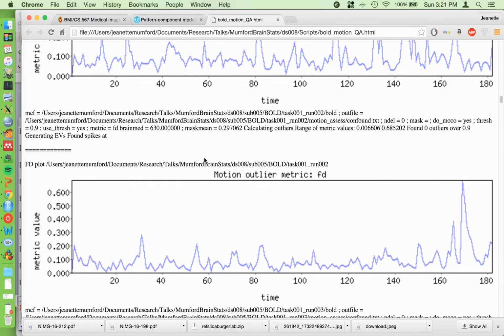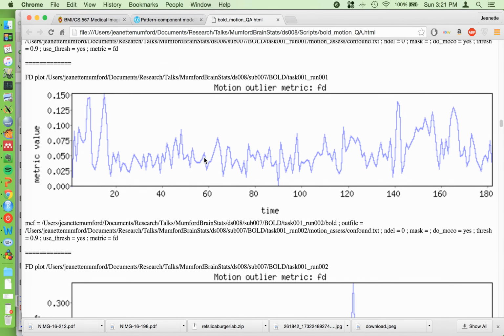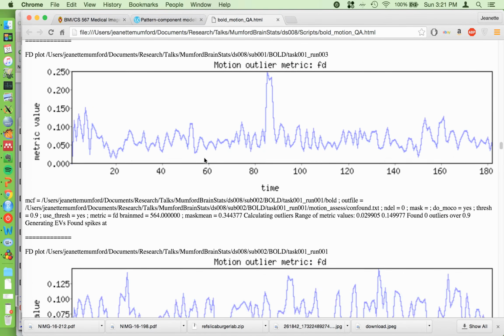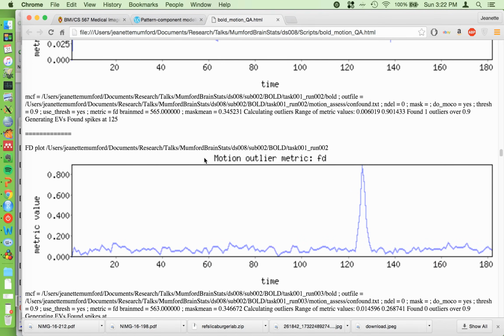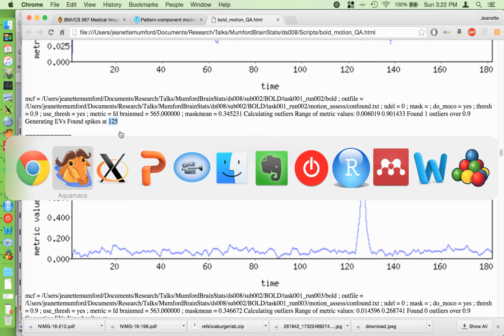Weird. Okay. 0.3, 0.6. Goodness, should have cheated and had a separate window with this open. Ah, wow. 1. See, it'll say found spikes at 125. So that means their confound file, going back to the script really quick,